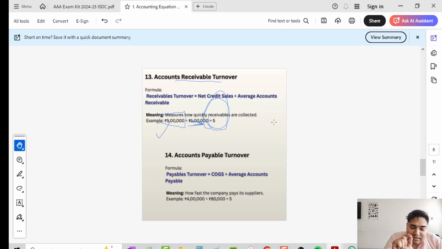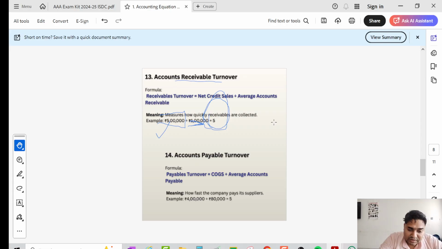We can calculate the collection period using the same formula, say, in a year of 12 months. So 12 divided by 5. We can say that in collecting our AR, it takes 2.4 months. It means we have to give, on average, a 70 to 72 days time frame or credit period to